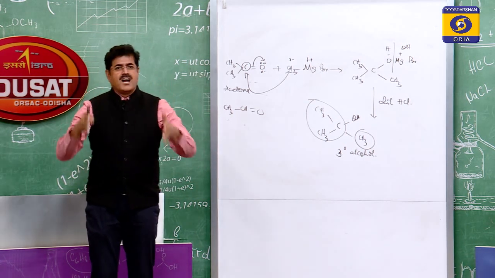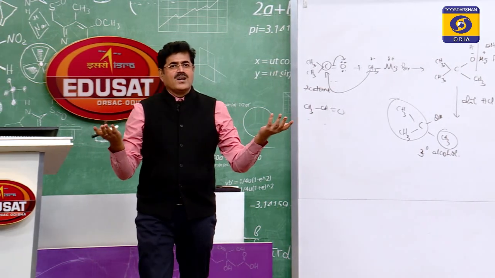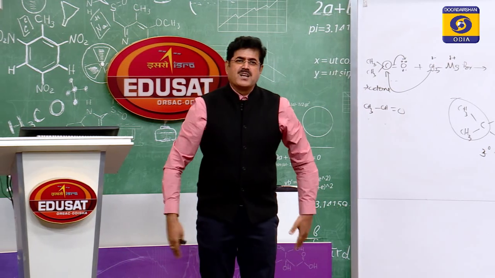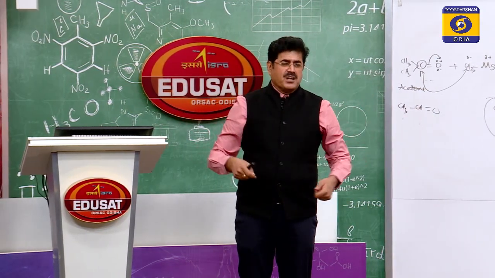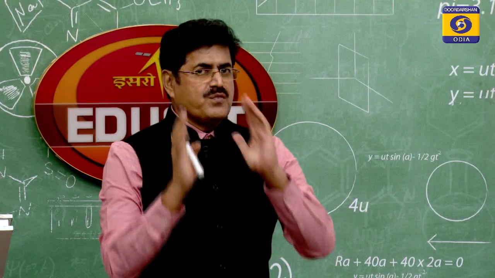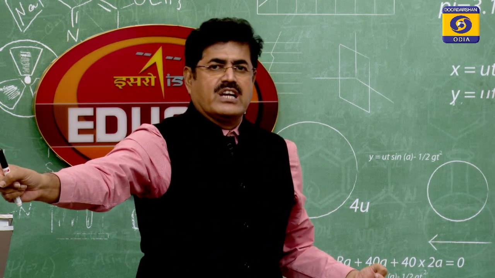Okay. So addition of Grignard reagents to aldehydes and ketones gives alcohol. This is the best method of preparation of alcohol. All three types of alcohol you can prepare by using Grignard reagent with carbonyl compounds, that is aldehydes and ketones. It's a very important reaction, this Grignard reagent addition. And remember, it is not reversible.